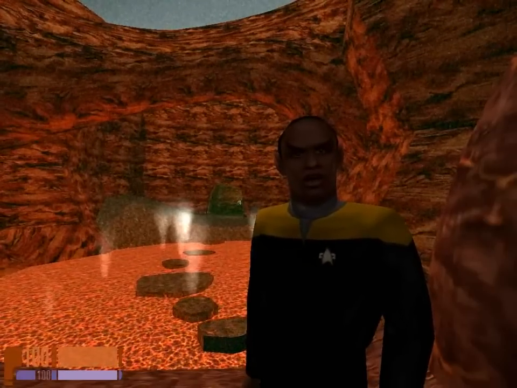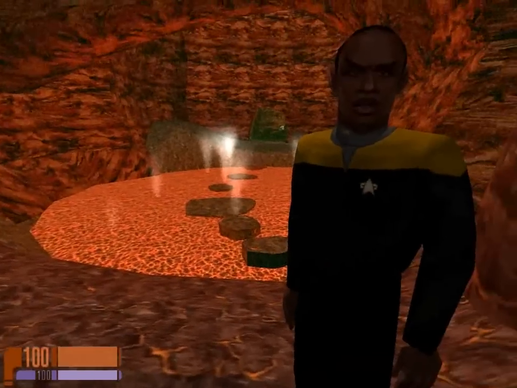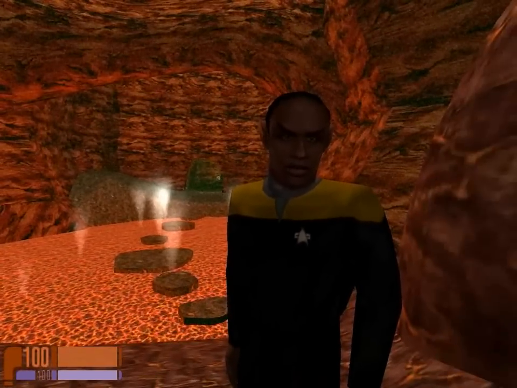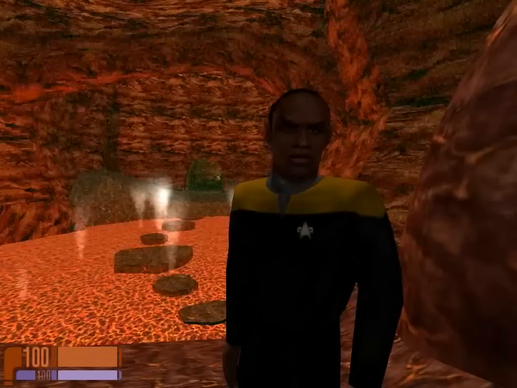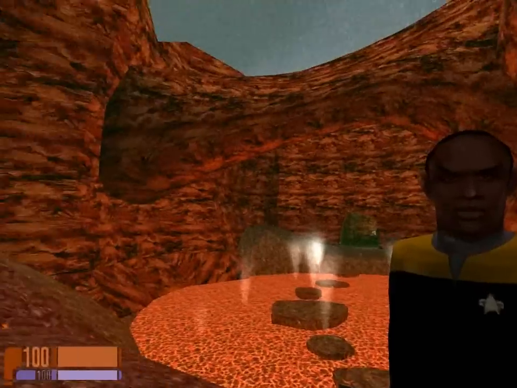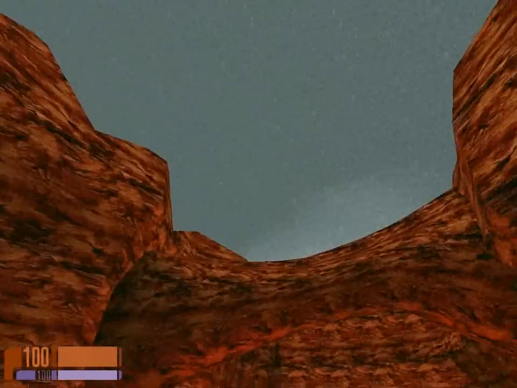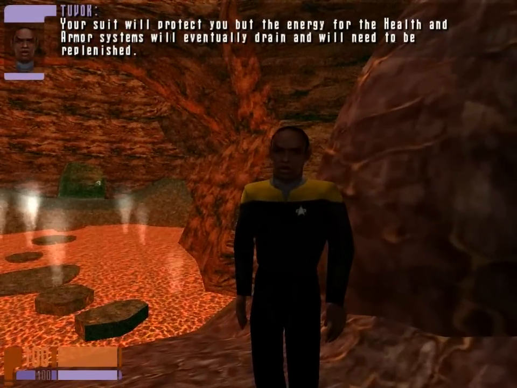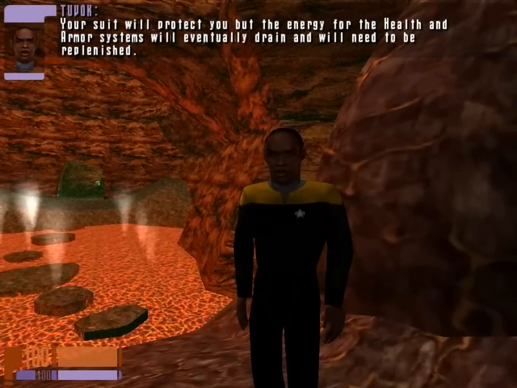The small blue bar and the numbers under the health bar are your armor energy. The ablative armor patches will take the brunt of most damage inflicted upon you. However, once the armor is depleted, you will take more damage and your health energy will drain very quickly. Your suit will protect you, but the energy for the health and armor systems will eventually drain and will need